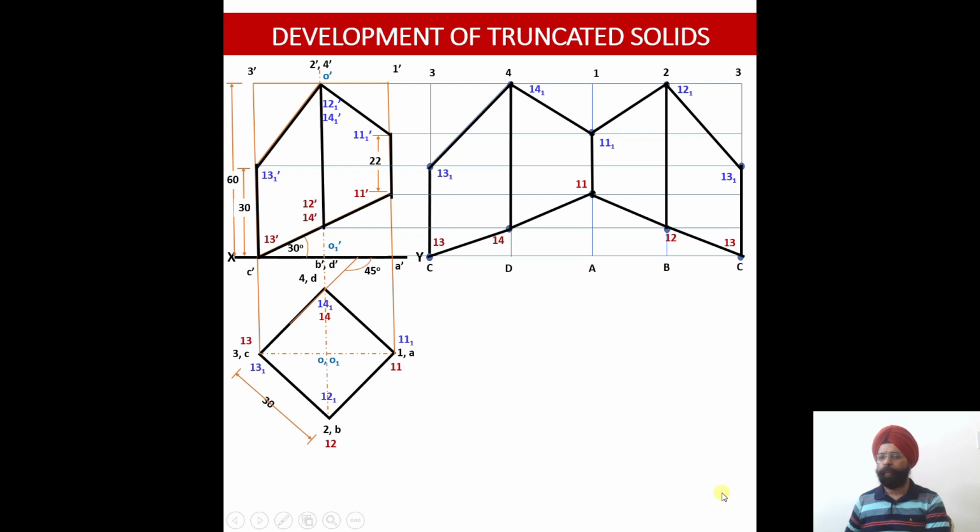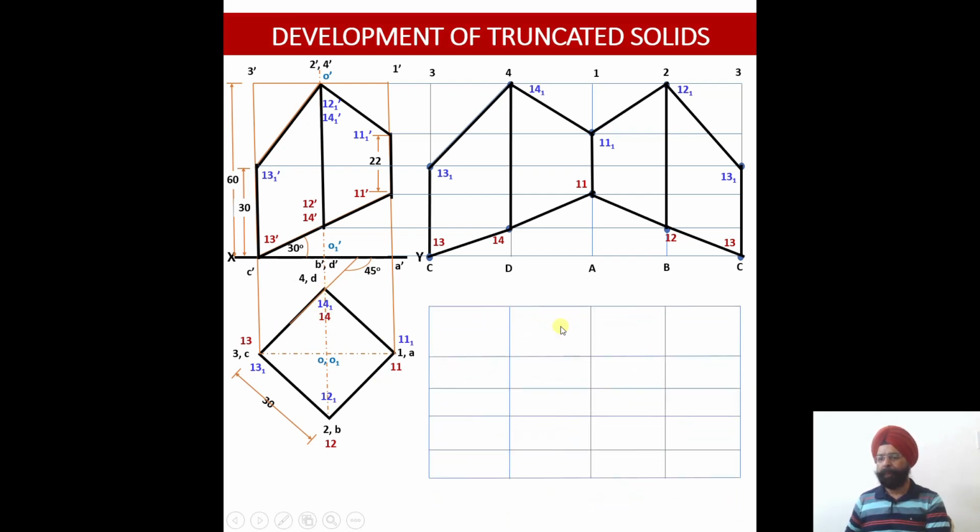Now I am going to open it with respect to 4D. Once again the template I have drawn, so I am assuming that this template is drawn over here. Just to show you the comparison of the two views, I have drawn it over here. But otherwise technically this template should have been drawn over here. Then I would have required two separate sheets to draw it, but then to compare it would have been difficult. So let me see, I am starting from 4,1.